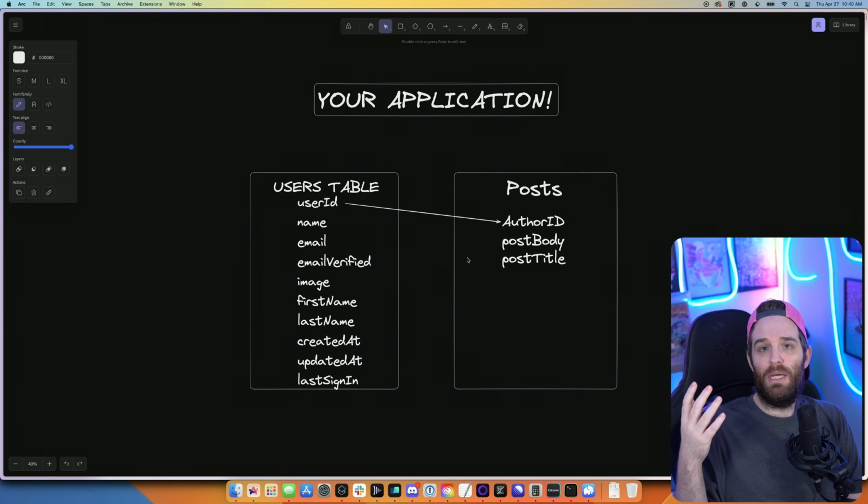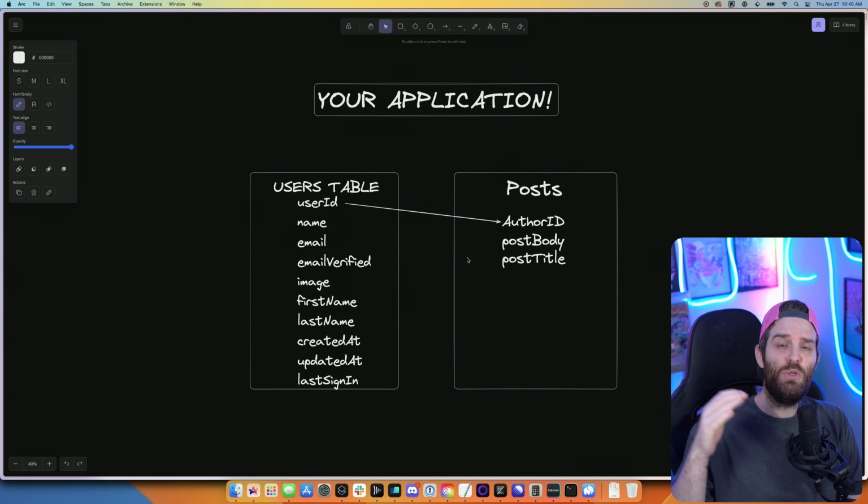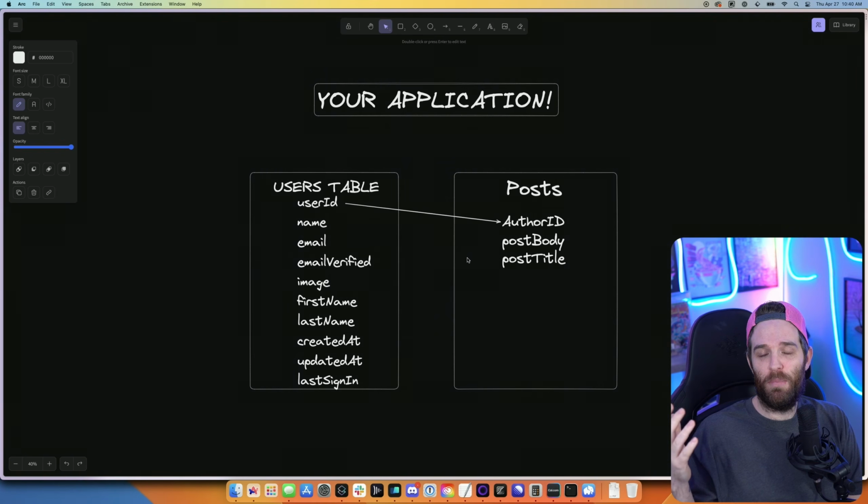Now, this would be a case for something like NextAuth, or maybe roll your own auth, whatever you're doing in a normal scenario. But once you leave the roll your own auth scenario and you pay an auth provider, or you use a free tier for an auth provider, like Clerk, for example, you can then delete this table completely.